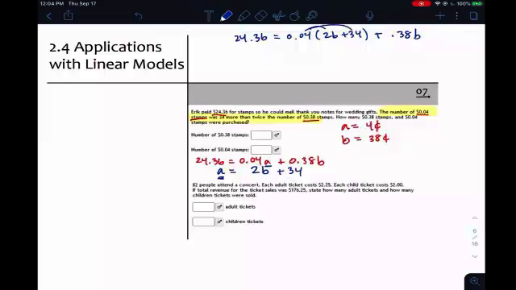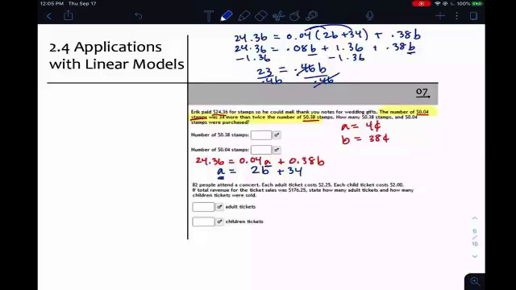So I'm going to distribute my 0.04. And when I do, I get 0.08B plus 34 times 0.04 is 1.36, plus this 38B. And so now when I'm working to solve these, I can combine my B's and I can move my constant over to the other side. And that's going to give me 23 is equal to, and when I combine my two B terms, 0.46B. And so when I divide by 0.46,